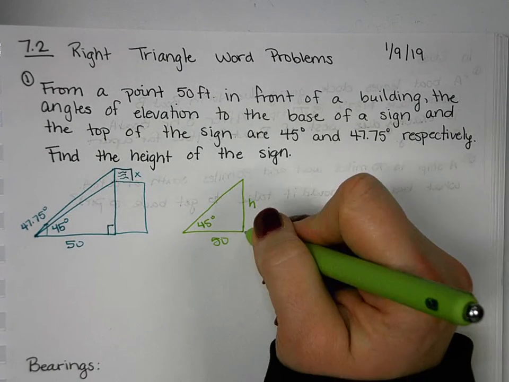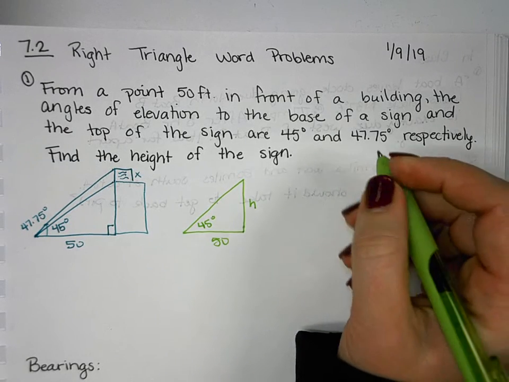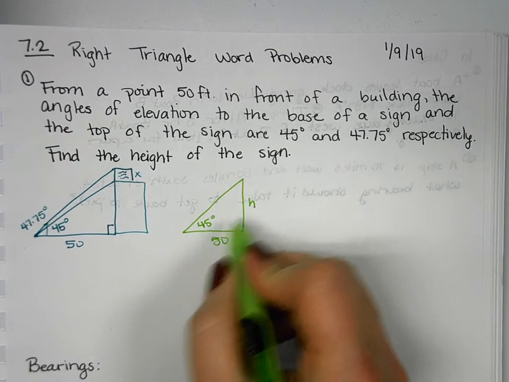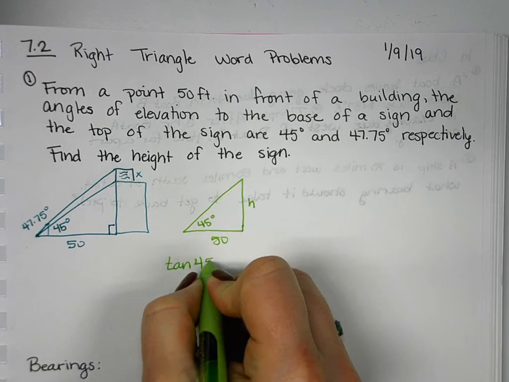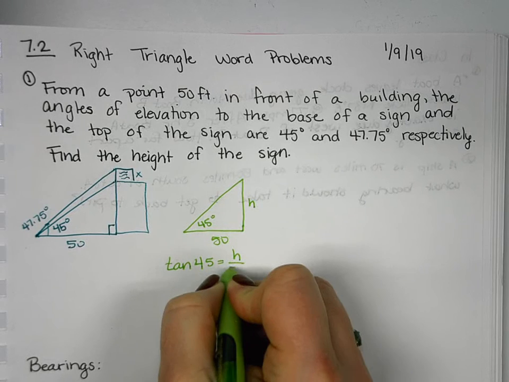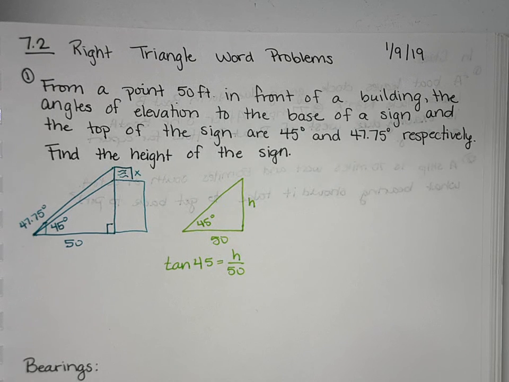Well, I can figure out what the height of the building is using my right triangle trig. So I have opposite and adjacent, so tangent of 45 equals the height of our building over 50. And so again, you are going to need a scientific calculator. So if you don't have one, I do have some you can borrow. But you are going to probably